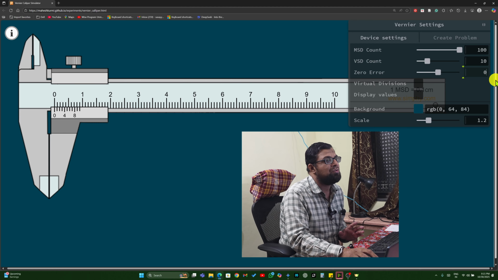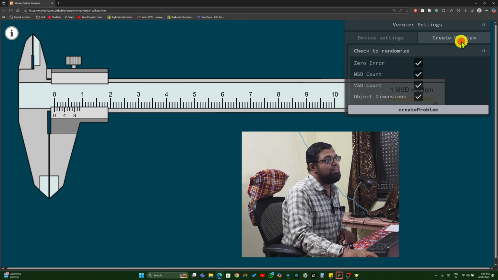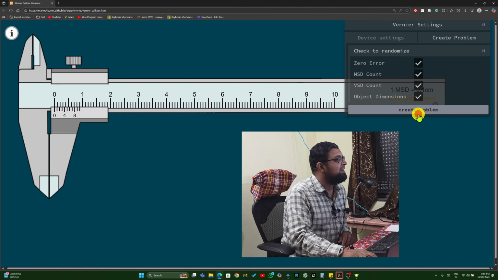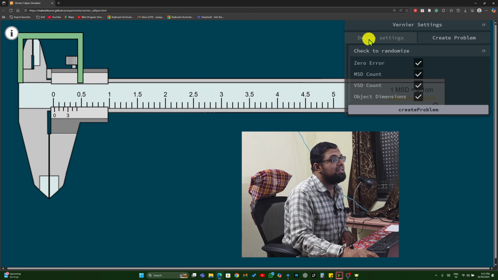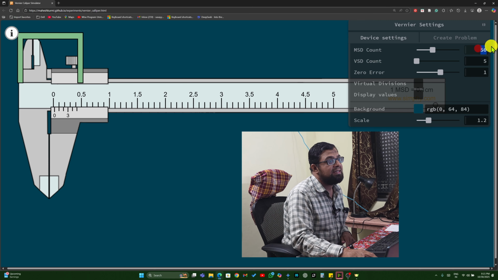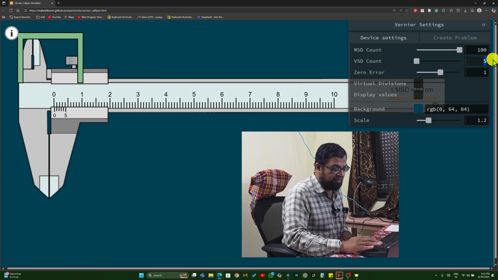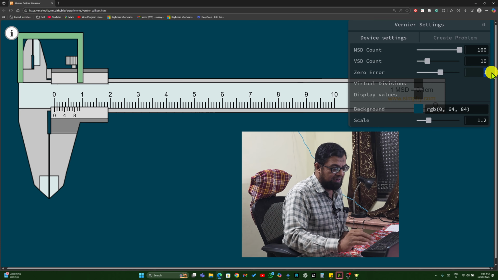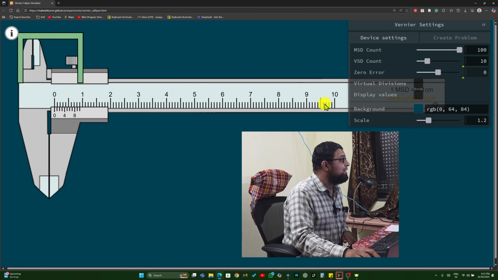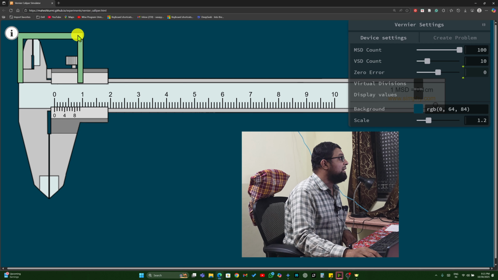Okay, so say there is no zero error. Now we'll do some measurements. So I will create some problem here. Say I will take this problem. I have to again just change this. I will make it as a 100, and this one I will make it as a 10, and this one I will keep it as a zero error as 0. Okay, so by doing this, now I will just